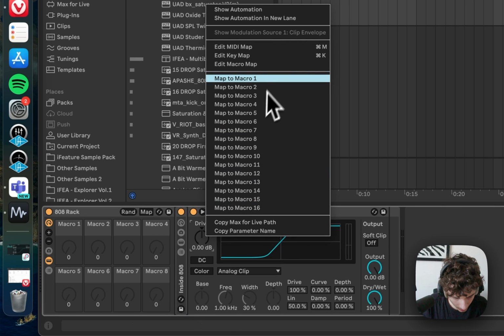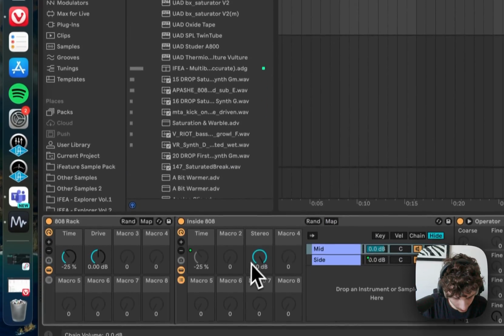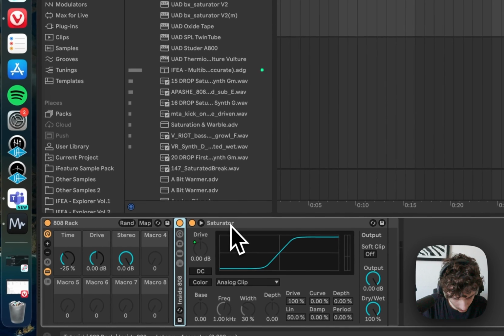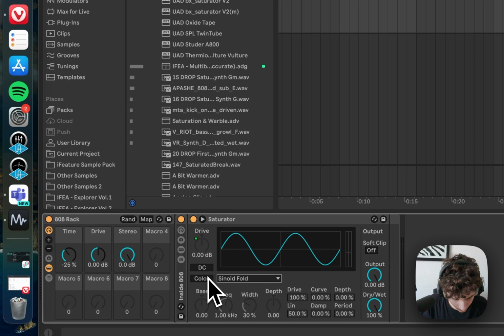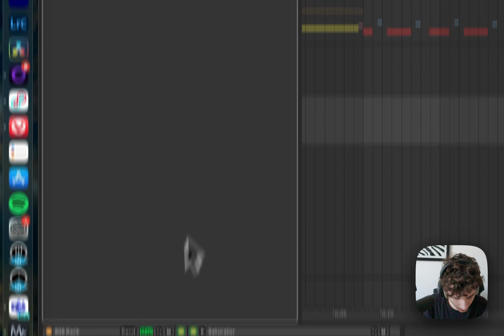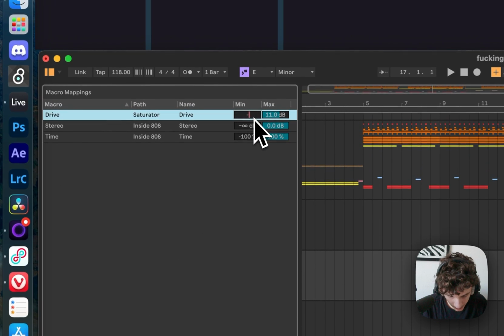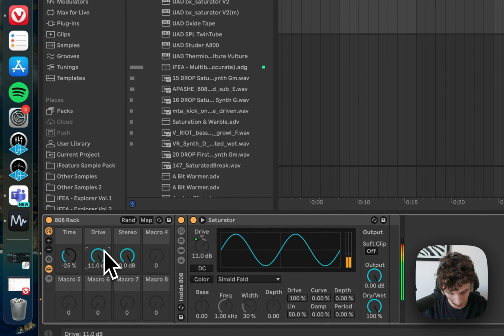And this one is going to be the second one. This one is going to be the first one. This is going to be the third one, like that. And now if we put this one to sign fold, there we go. And now we can put this one, let's say maximum to 11, and let's say -5 is the lowest one. And now